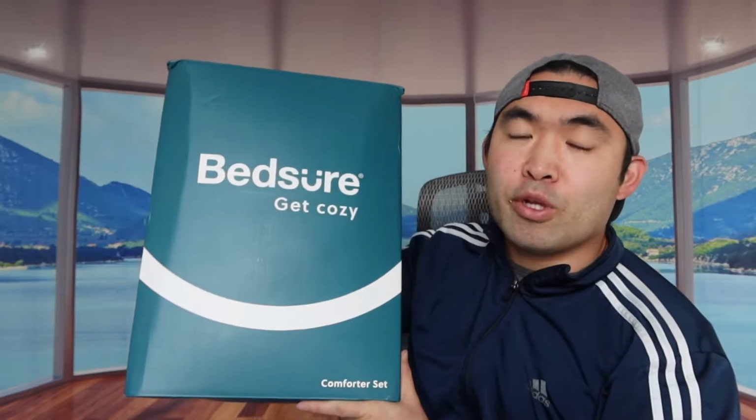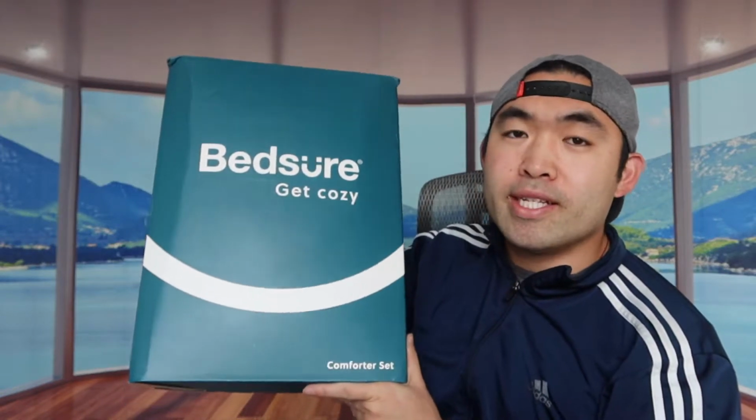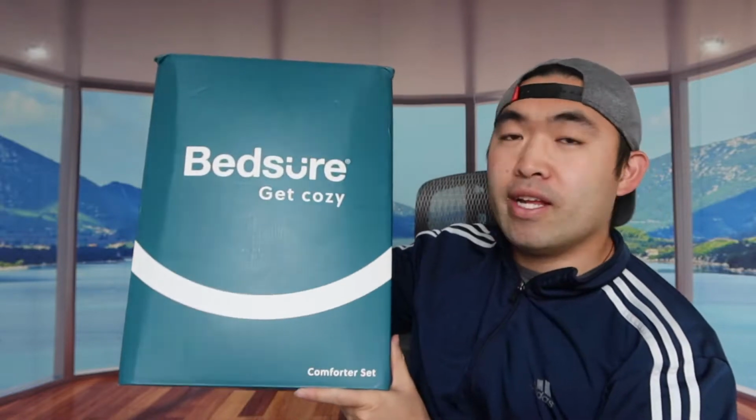So for today's episode is this cool one right here, and basically what this is, a comforter set, if you can see it, from this brand right here. And for this particular set that we got right here is an 8-piece. So there's definitely a lot of stuff in here, ranging from the comforter to the pillow sham to the pillowcase